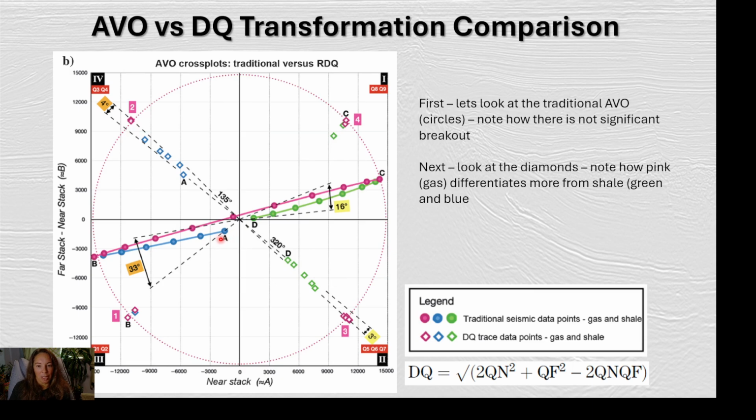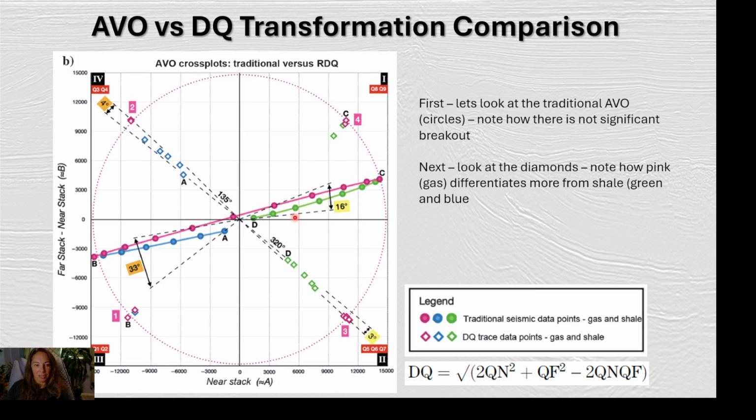And so we've plotted here in pink, remember that's the gas sand, and then in blue and green, that's the shale above it. And so in AVO, so kind of an A-B type cross plot, you're not getting a lot of variation between the shales and the gas sand. And what DQ does is it performs a rotation. It optimizes, it does a rotation